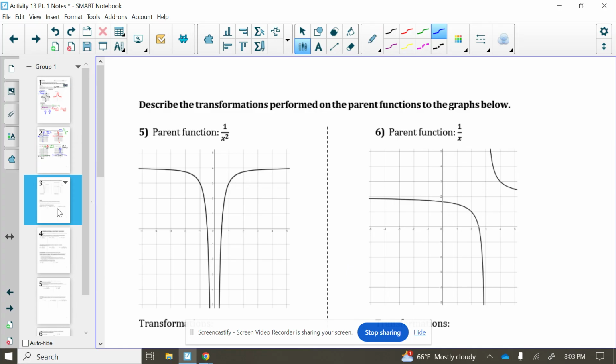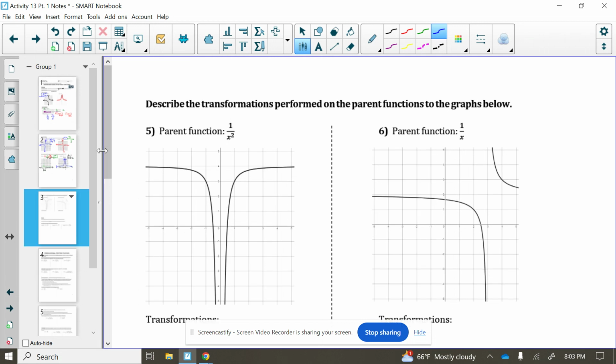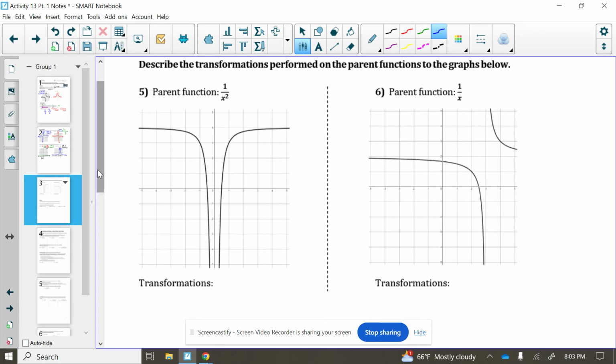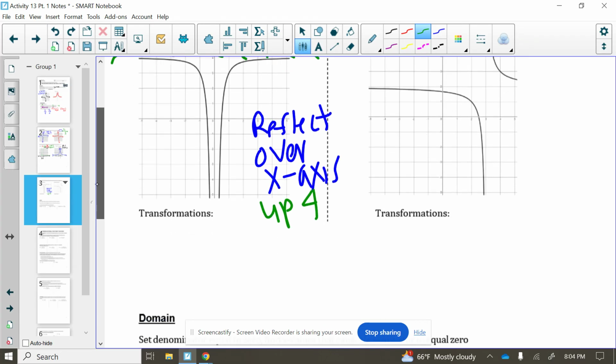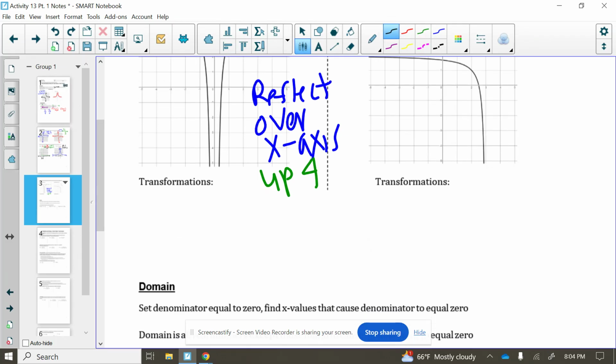Now sometimes they are going to give us the transformed graph and we are in charge of making the transformations. So we notice on this particular graph, we reflected our graph so that it is now going down. So that's a reflection over the x-axis. And then we also have this graph being shifted up so that the horizontal asymptote is now through 4 instead of y equals 0. So we would take our original function 1 over x squared, and a reminder to reflect